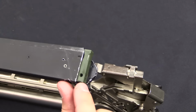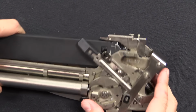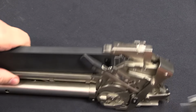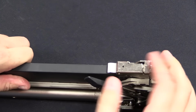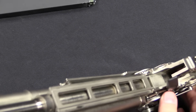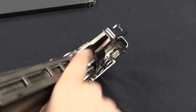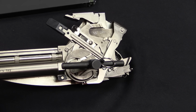Now I have a couple of dummy cartridges here. We can lock the magazine in place. That's how it would go in. And then if I do this again, it will actually chamber one of our dummy rounds. Now, unfortunately, you can't really see anything here because the whole action's sealed up. But we now have, go ahead and release our magazine. We now have only one dummy round there. You can't see anything here because the other dummy round is actually in the chamber, currently aligned that way, ready